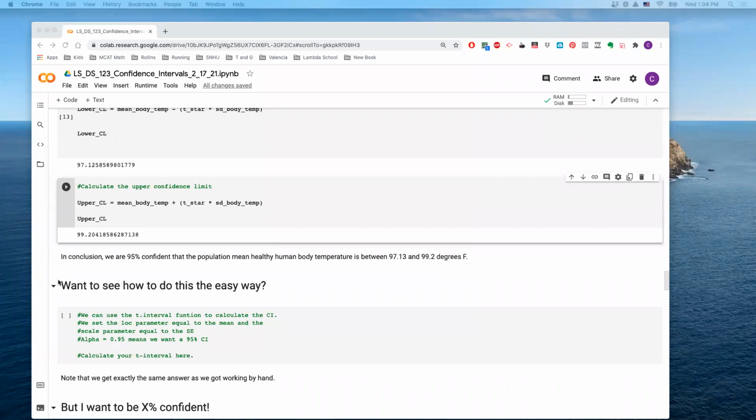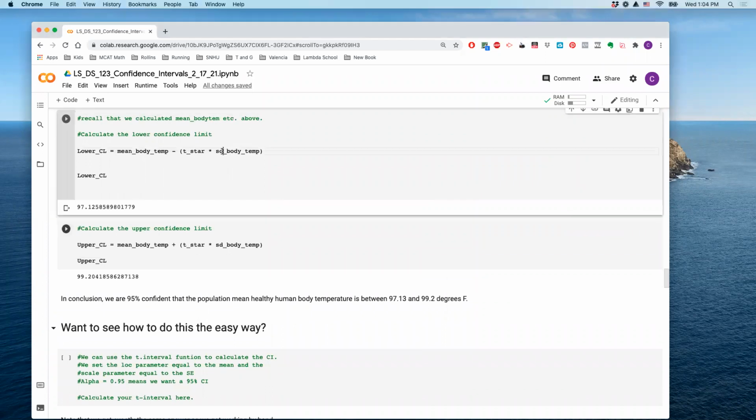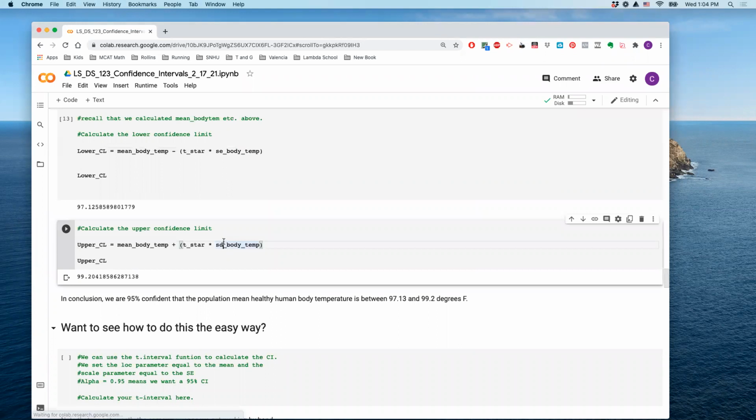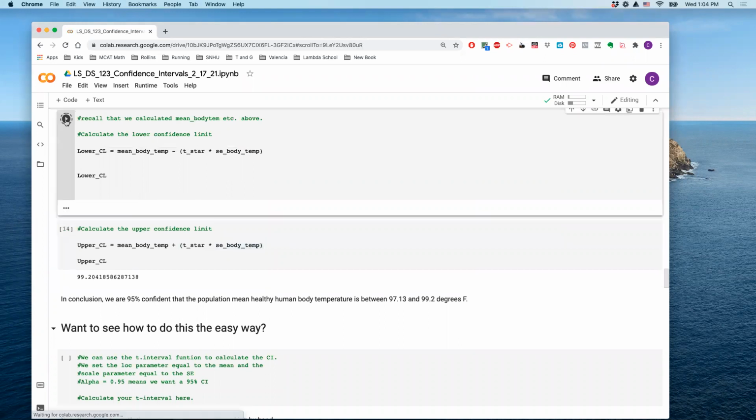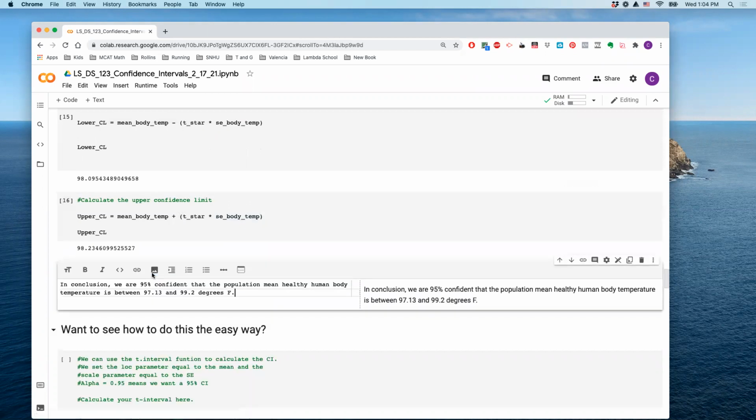So Eric asked, for the confidence limit, we're using the standard deviation instead of the SEM. Oh, thank you. No, it should not be the standard deviation. You're right. It should be the standard error. Thank you for pointing that out. That was a typo on my part. Okay. Thank you, Eric. No, this should be the standard error. So we're saying it should be between 98 point about 1 and 98 point about 2 degrees Fahrenheit.